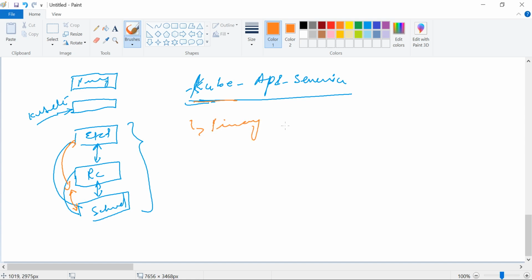It is the primary component to manage and communicate between these services, and it is also responsible for all the orchestration going on in the Kubernetes cluster.